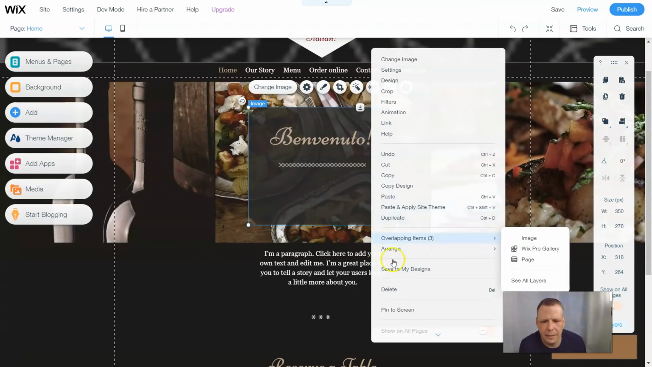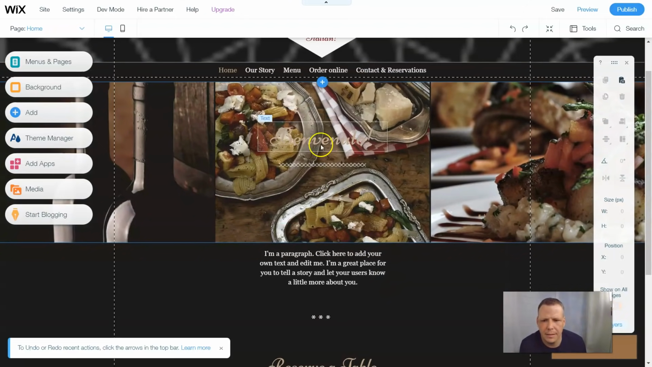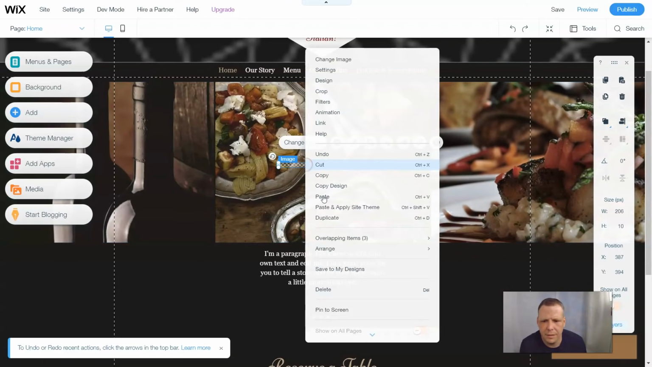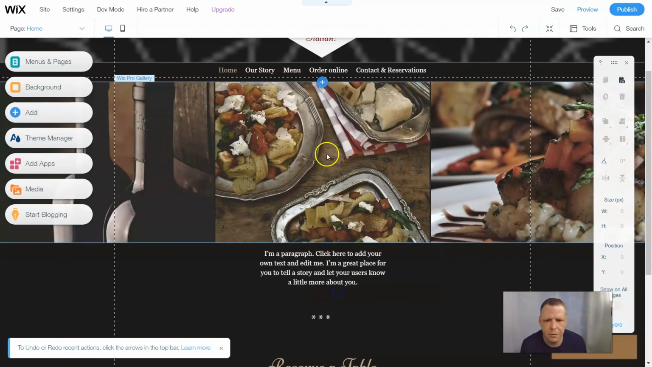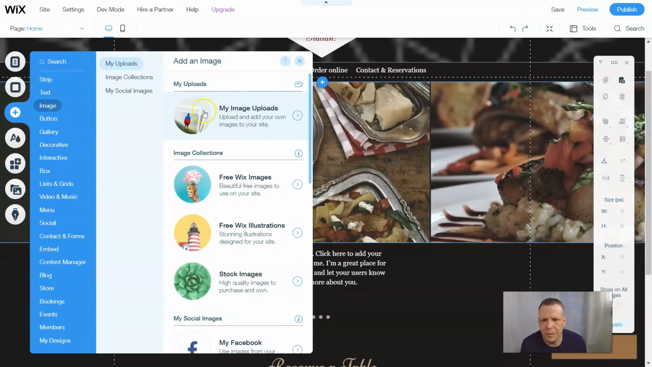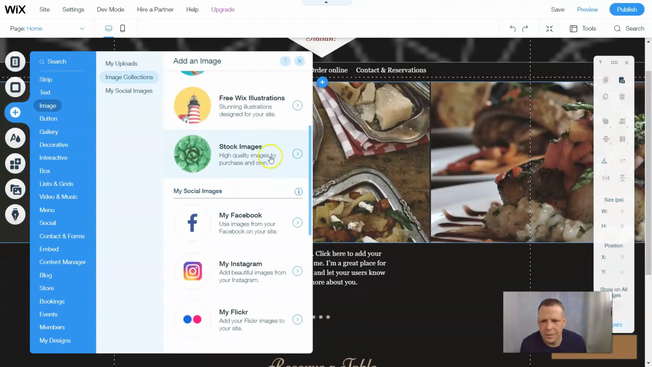Here we can just highlight the bottom and delete, and it's deleted. The same for the text, delete, and the same for this image, delete as well, and we just removed it. If you want to add that image, you can go right here to add. You can go to image, and you can upload from my images or free Wix images, stock images as well,